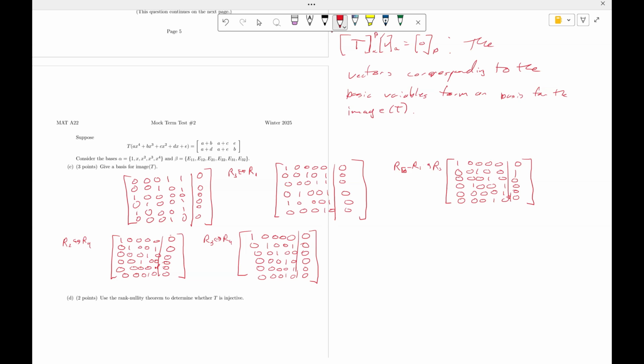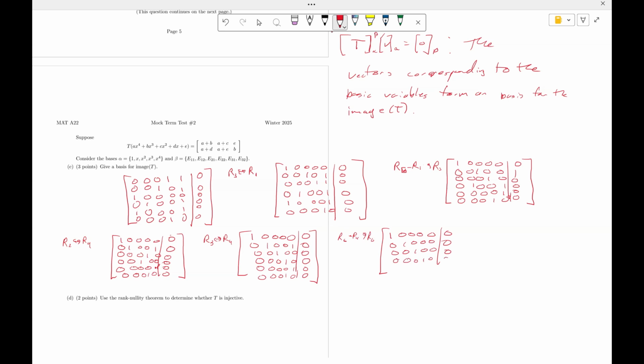I need to zero out the column. It is 1. It's in the right spot. I need to zero out the column. So I need to make that column 0 everywhere. So I need to take R6 minus R4. This is R6 to give me 1, 0, 0, 0, 0, 0, 0, 1, 0, 0, 0, 0, 0, 0, 1, 0, 0, 0, 0, 0,